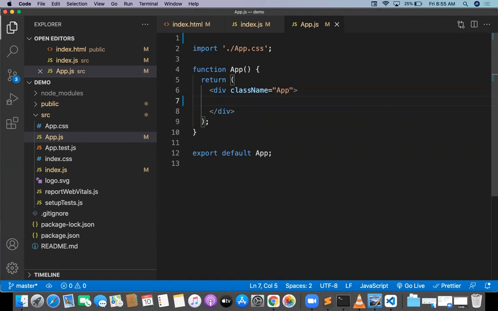What is the root level division? It is returned by function app. This is the functional component. In app.js, we will have functional components. Components are basically of two types: one is the functional component, one is the class component. React is a collection of components, a collection of component bricks, but you can create those components in two different ways.